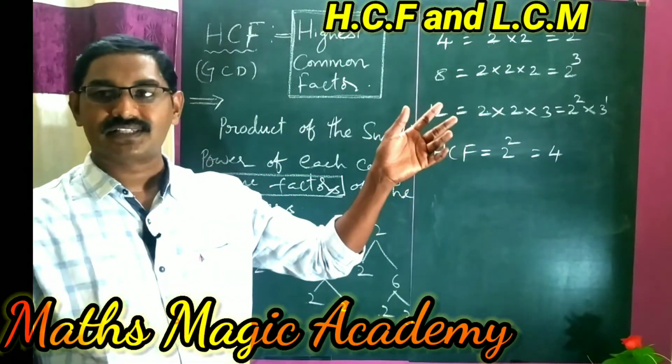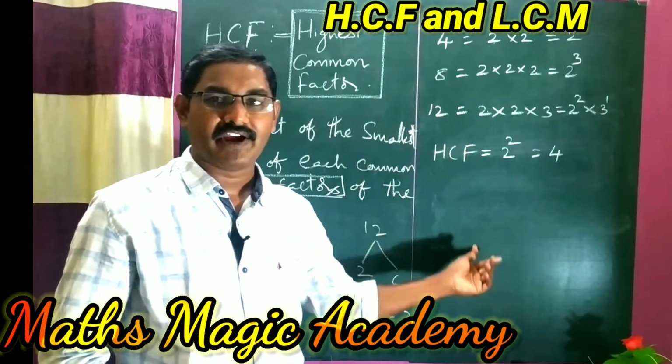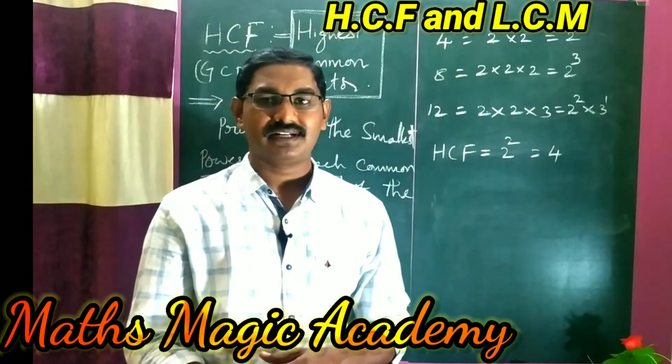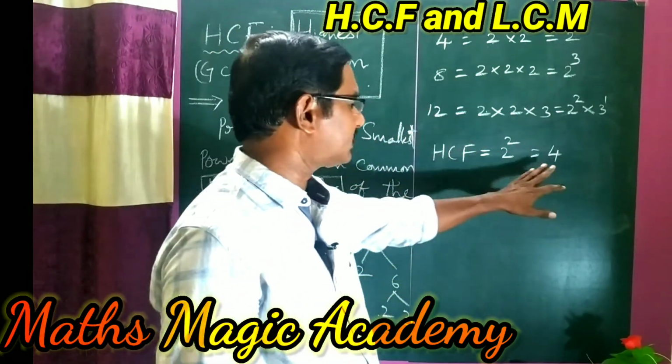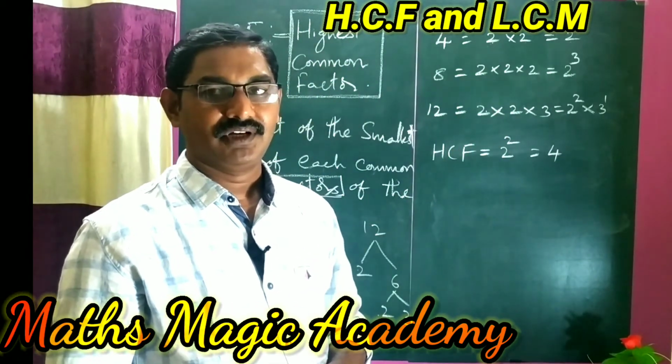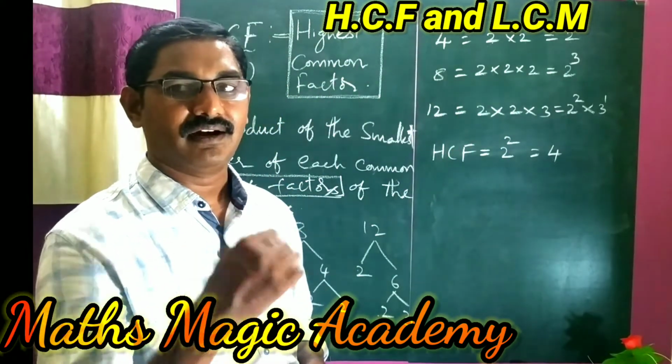In the previous step, when we wrote the factors, we also found that the HCF is 4. Same like that, here also we find the HCF is 4. This is nothing but the prime factorization method. We will go for one more example and try to solve it.